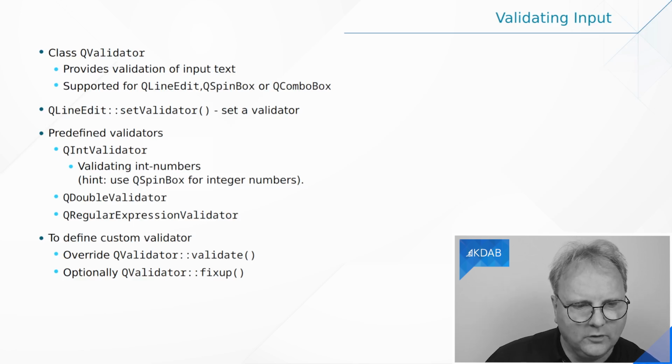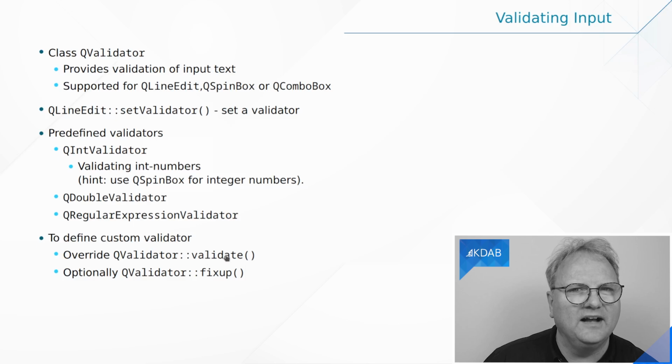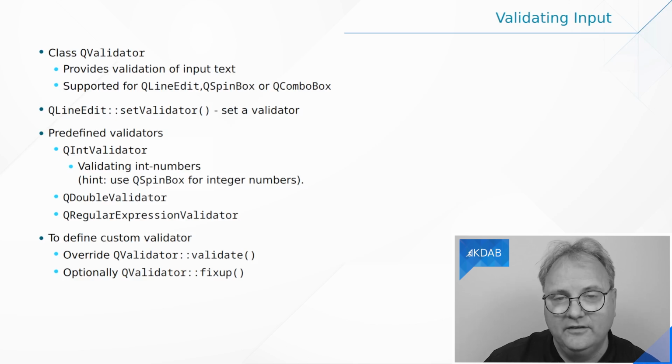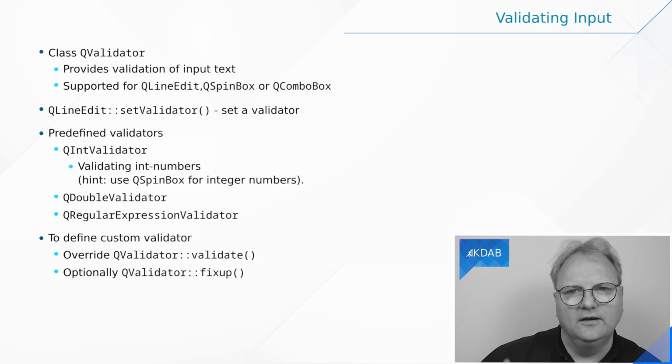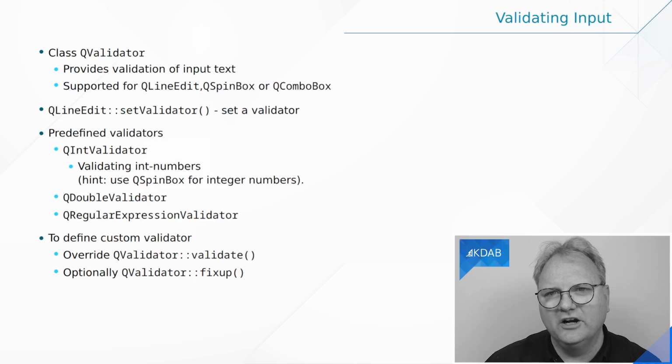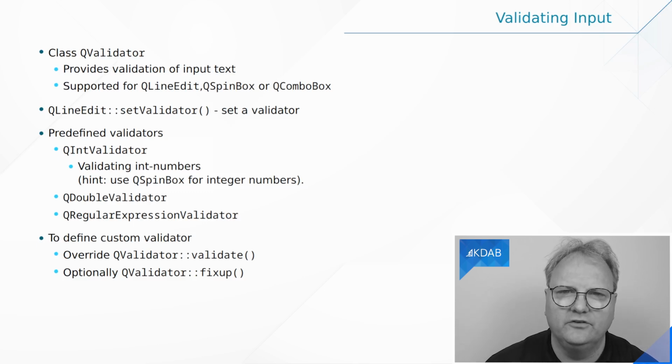The first one is called validate, and the validate method must answer one of 3 things. It can answer, yep, this is okay, everything is fine. It can answer, no, you cannot add the letter 3 here or the number 8 here at that position in your validator. Or it can say, okay, you typed 1 dot, that would be an okay result for the user to press enter on if you add a bit more. And that's the state of intermediate.